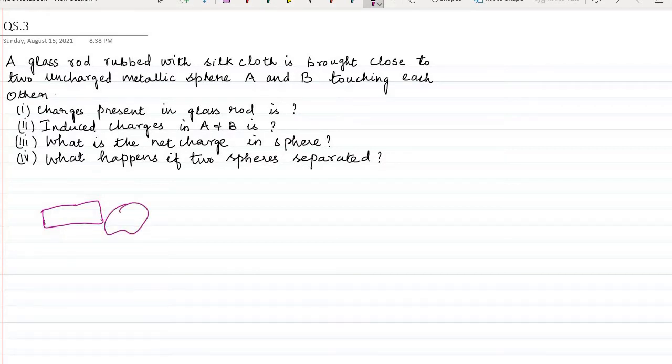By the rubbing process, what happens? This silk cloth will take the electrons from this glass rod. So the glass rod transfers the electrons,